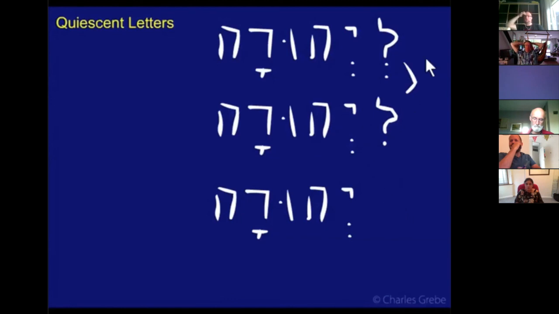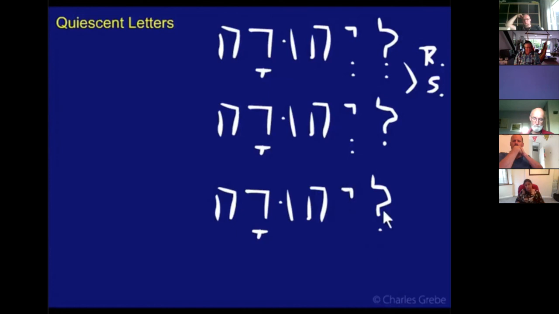So this is rule of Shava. And as with the Aleph now, the Yud finds itself at the end of a syllable. Here it was at the beginning before we added this. Now it's at the end. Yud can quiesce. In fact, it does. It loses its consonantal value and starts to function as a vowel. So let's erase our Shava under the Yud.